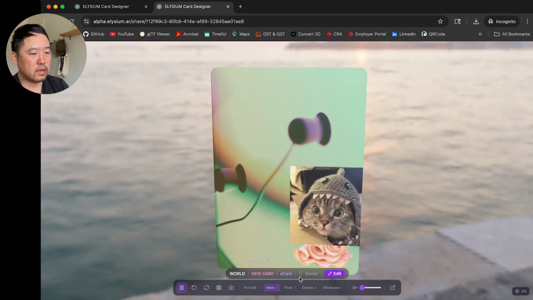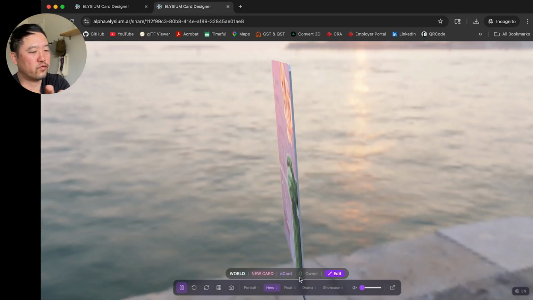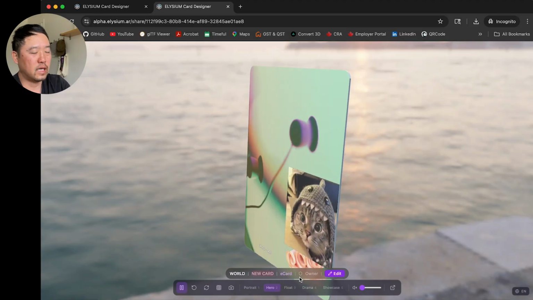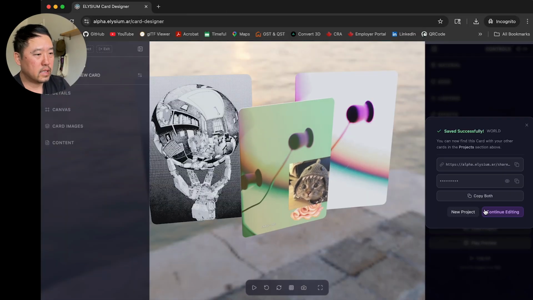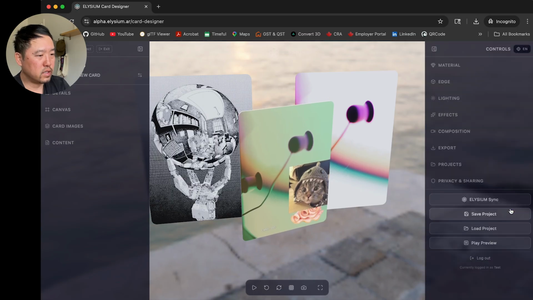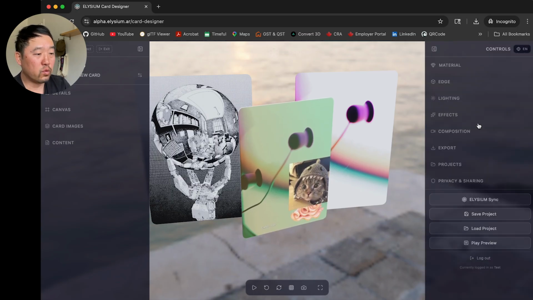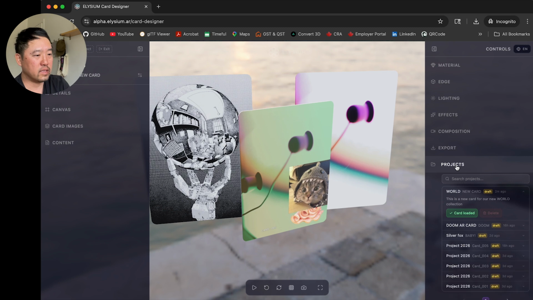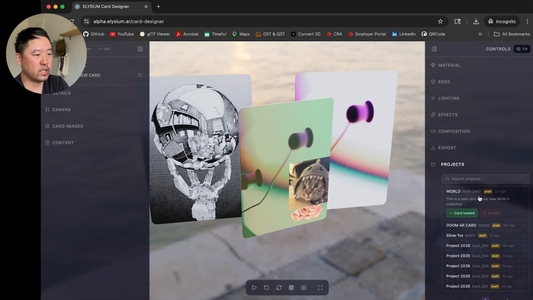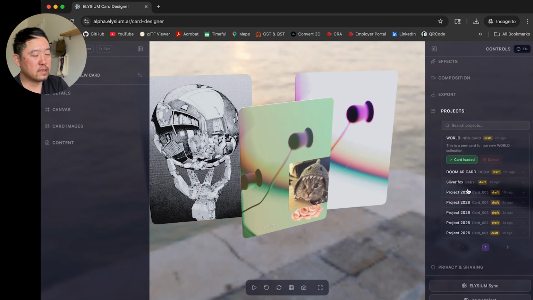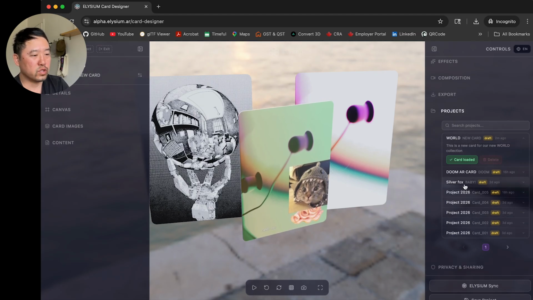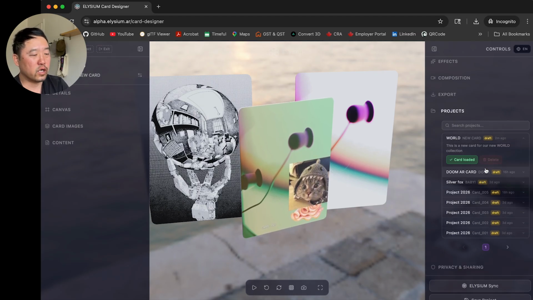Basically, the share takes all of the settings that you had for your card as you saved it and displays this. Okay. All right. So we'll continue editing. So now what you have is a card that you've loaded in your project. These are all of the projects, now that you're logged in, this is populated, right? And you will see all the projects that you've created on your account.